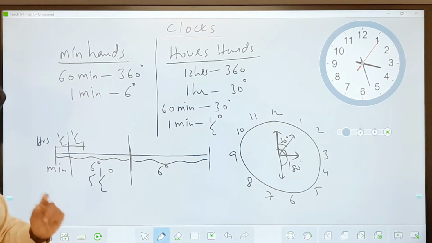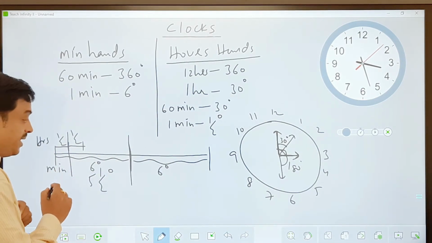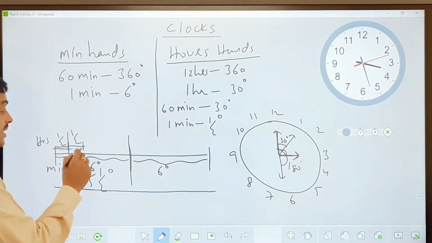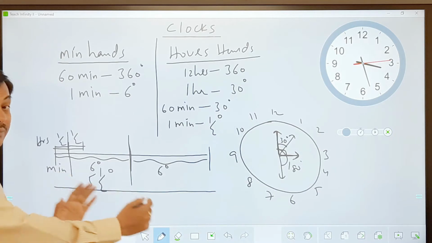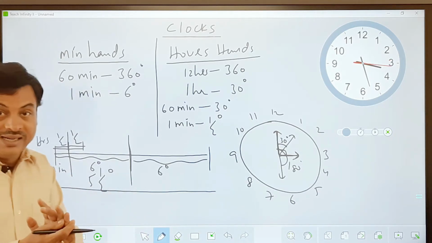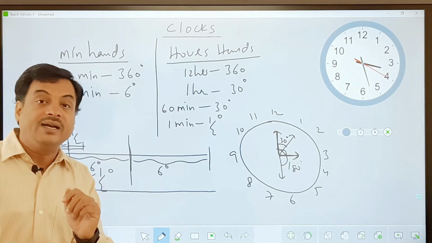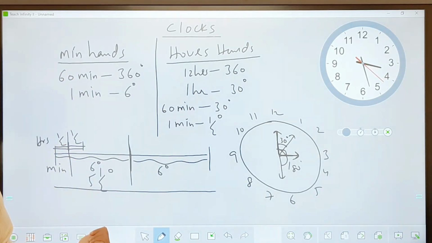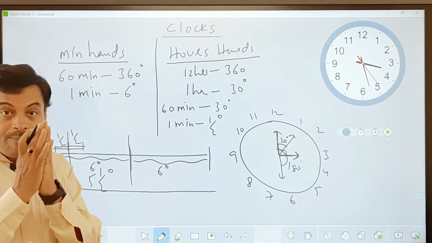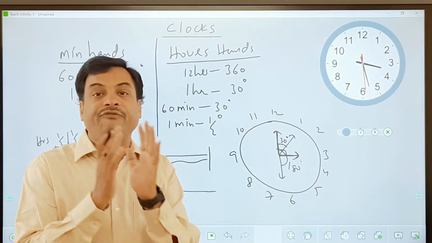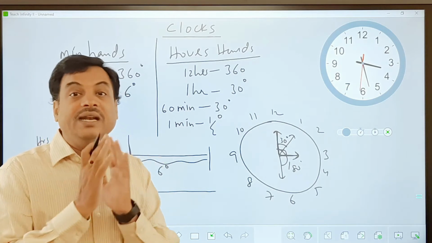You see, 2 minutes total calculation. In 2 minutes, the minute's hand will cover how many degrees? 12. And the hour's hand will cover how many degrees? 1. So 12 minus 1 is 11 degrees in 2 minutes. 11 degrees in 2 minutes. So every minute, 5.5 degrees again. So every minute the gap between them increases or decreases at a rate of 5.5 degrees, which is the relative angle.